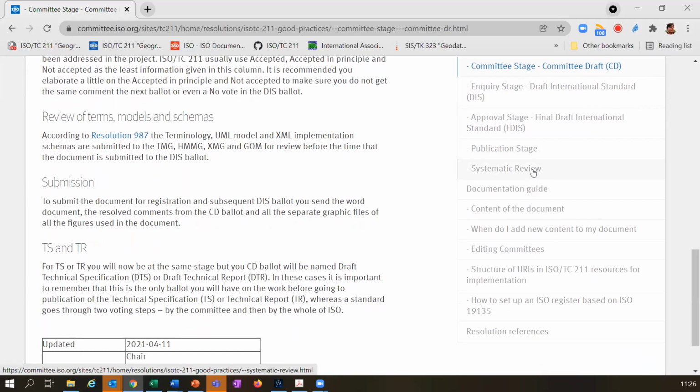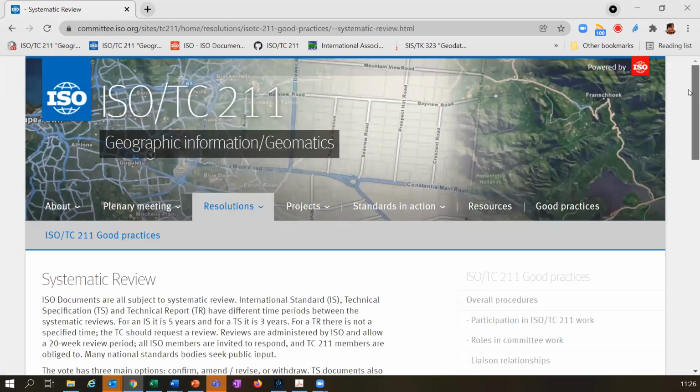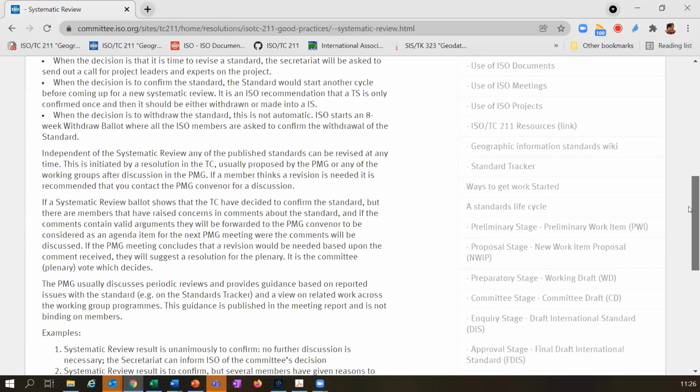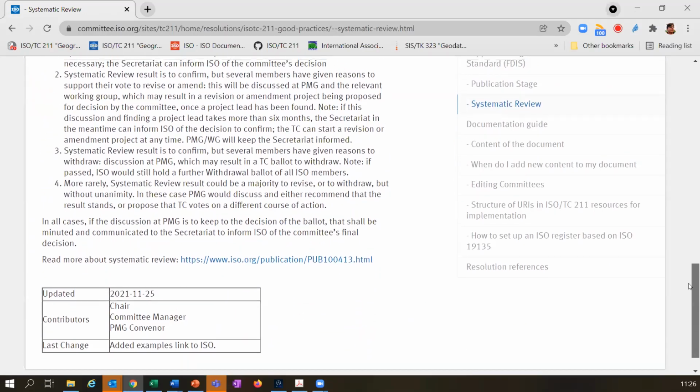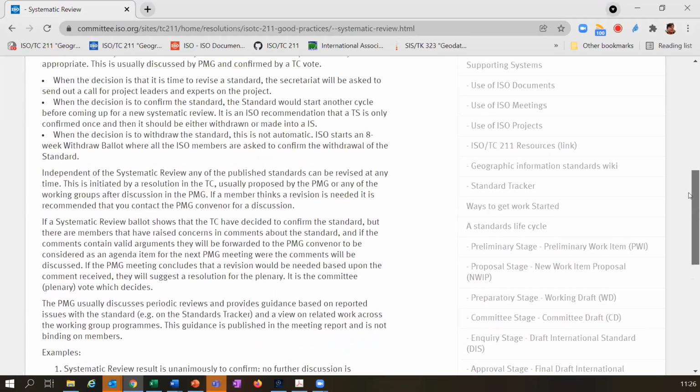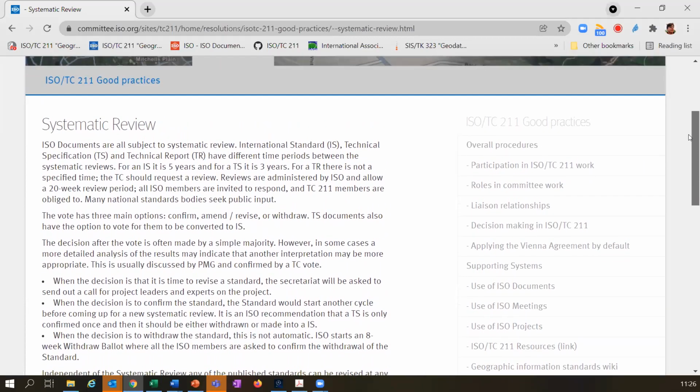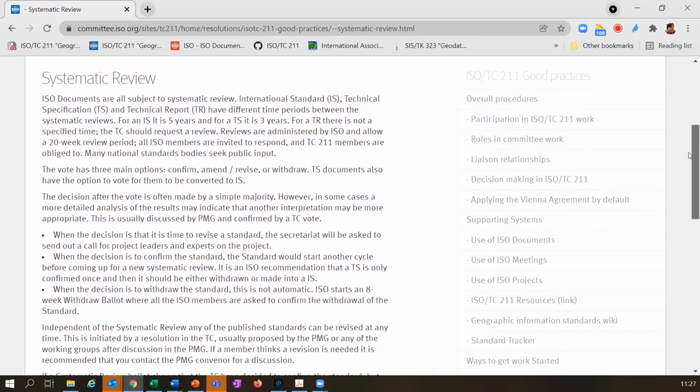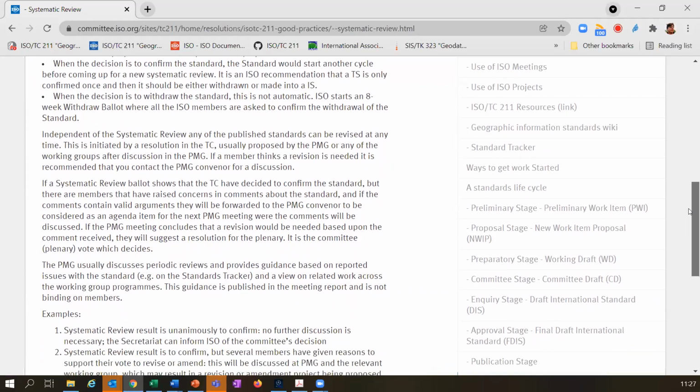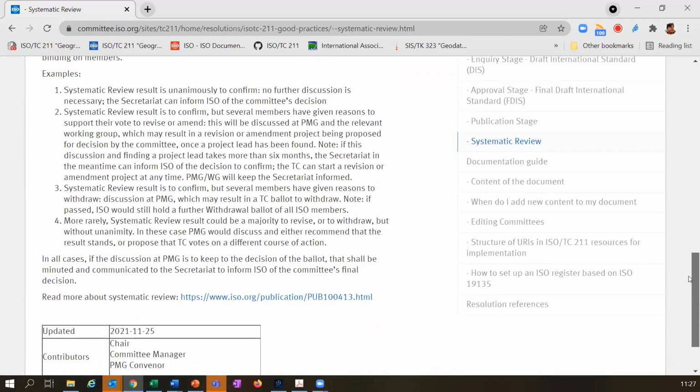Systematic reviews are maybe difficult in themselves, so we are trying to explain a lot about systematic reviews. We are also perhaps already next week coming with a little bit more information, also connected to the PMG recommendations with systematic reviews. So I hope I will have something next Friday to show those of you who attend the plenary meeting on what we are doing there.